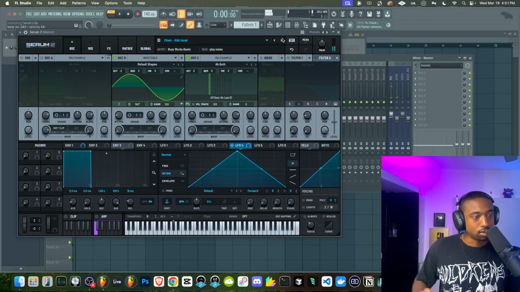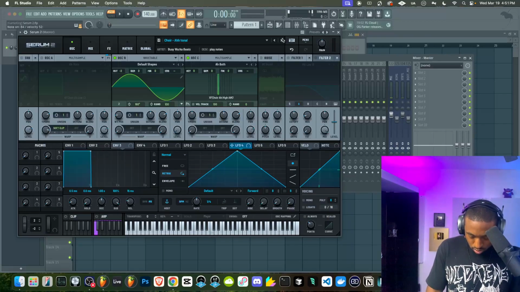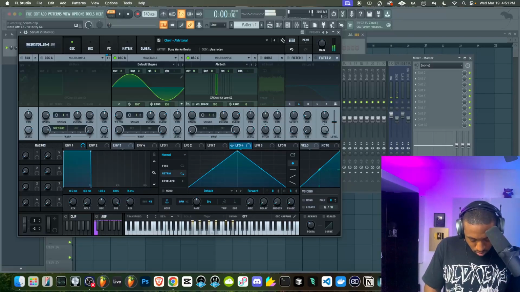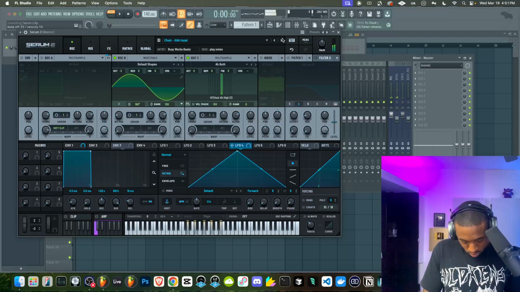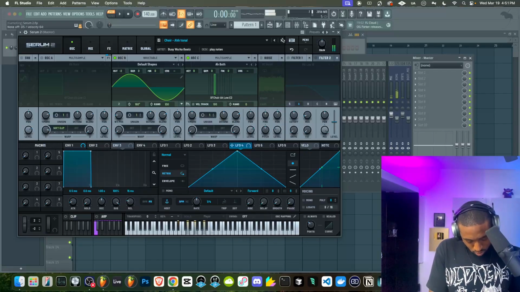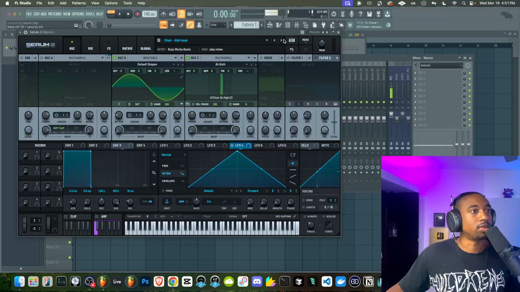Here's the choir. That one's decent. Okay, just more of a tonal shaping thing.